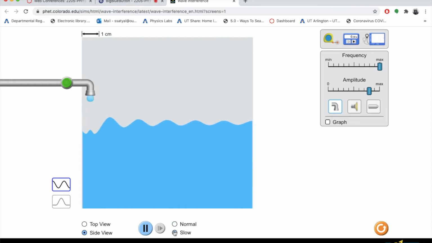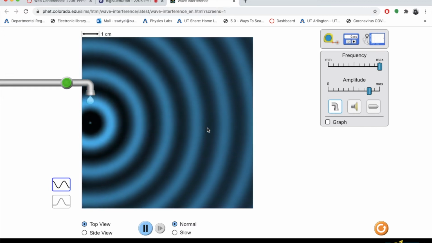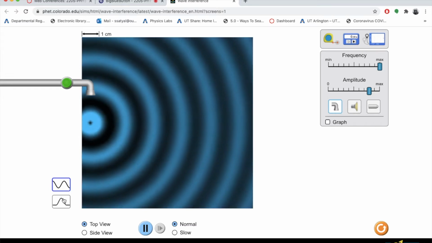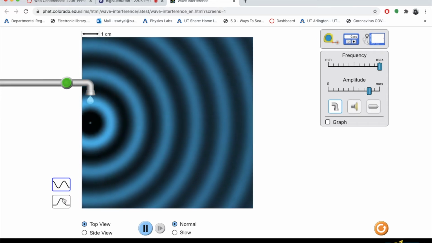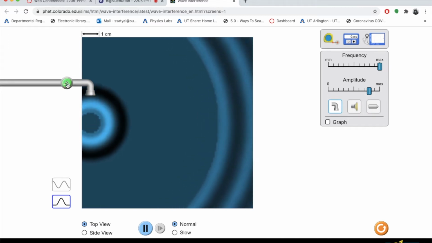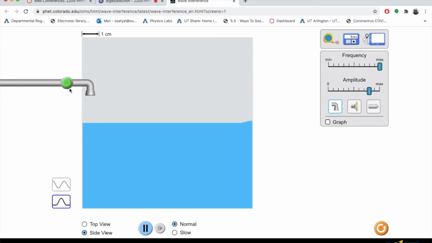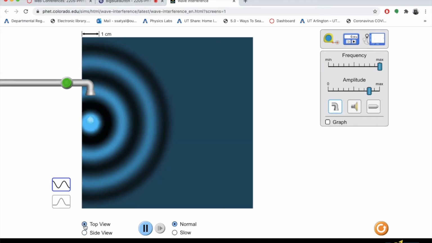You can slow it down, normal speed, top view. I like the top view. There are cases you may want to try just one wave, single wave. So let me just draw one drop of water, and you see the wave like that, and it's more prominent in side views here. So you see that one wave travels instead of continuous wave. Okay, so let's pick continuous wave top, and